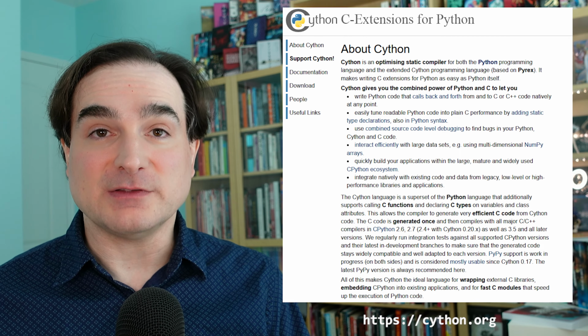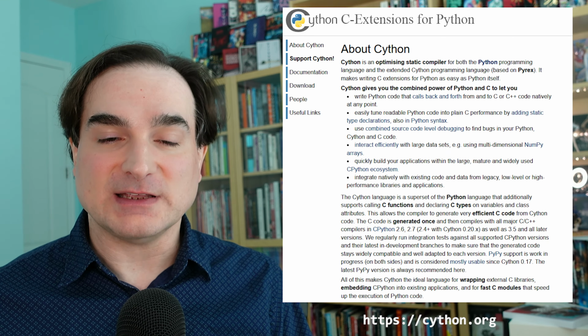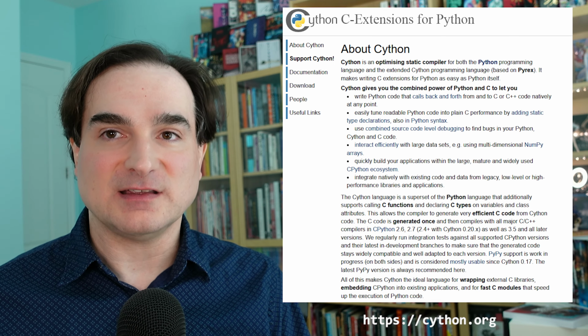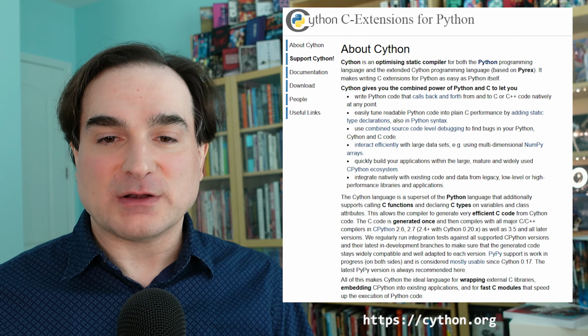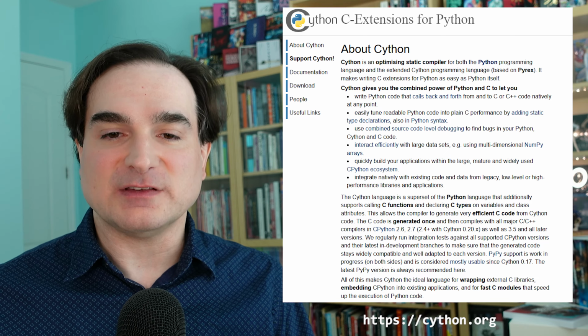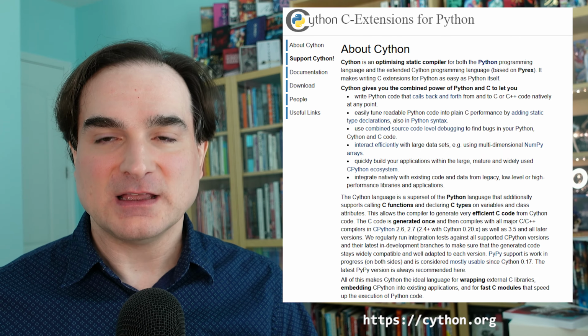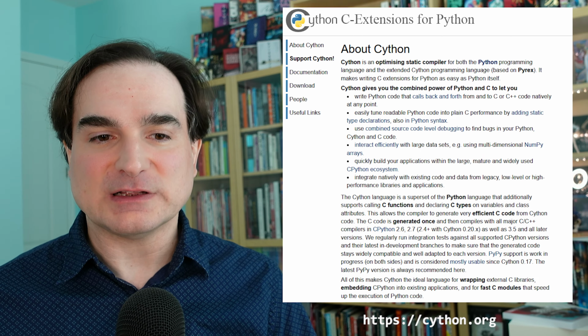So why would you want to do this? Well, Cython gives you several powerful features. It lets you easily write interfaces to existing C libraries, for one, but it also lets you use type decorations to annotate variables in your code as C types, machine-level integers and floats instead of Python objects. And for certain classes of problems, like operations involving arrays, this can make slow Python code much faster.